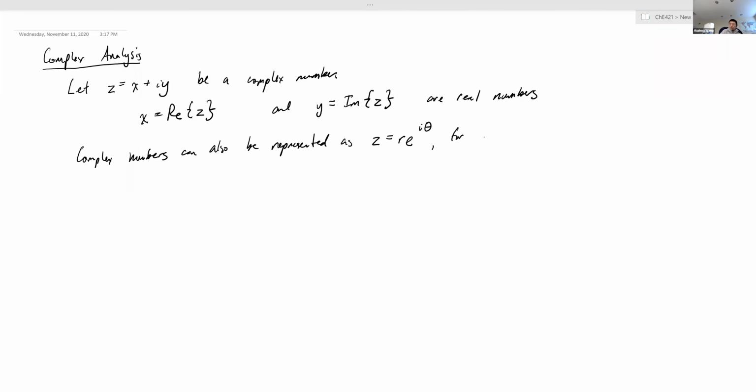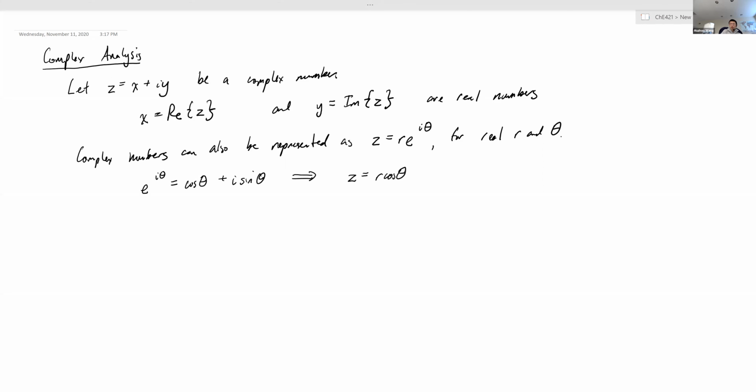Okay, and this is for real r and theta. So r and theta have to be real numbers. The reason why we would express it like this is because we've talked a little bit about this earlier in the class. e to the i theta can be written like this. That's an identity. And so what that implies, given this definition, z equals r times e to the i theta, is that z can be written